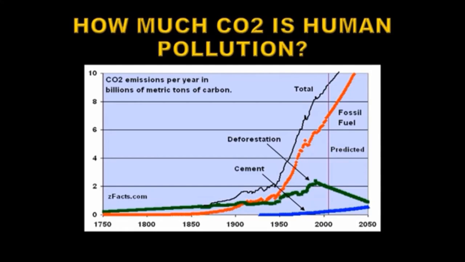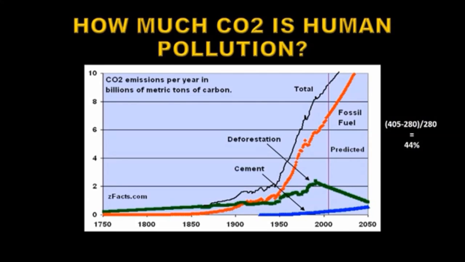What are the origins of that carbon dioxide? You can see that our emissions of carbon dioxide have now risen to about 9 gigatons per year. Most of that is from the burning of fossil fuels, some is from deforestation, and something that I didn't know about before is that cement emits a lot of carbon dioxide when it is cured, and we're doing a lot of building these days with cement. So how much has the carbon dioxide increased? Well, we can do a quick little sum of that. 405 minus 280 over 280 equals 44%.